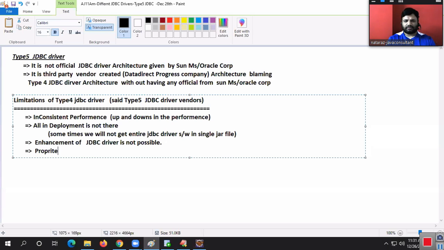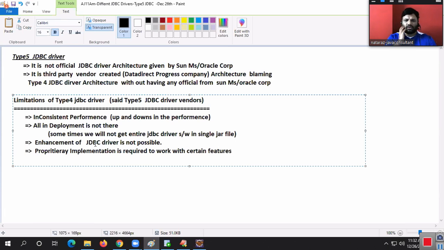Proprietary implementation is required to work with certain features. To work with certain features, proprietary implementation is there. What's the meaning of that, guys? What is the real meaning of that? Come on, tell me.